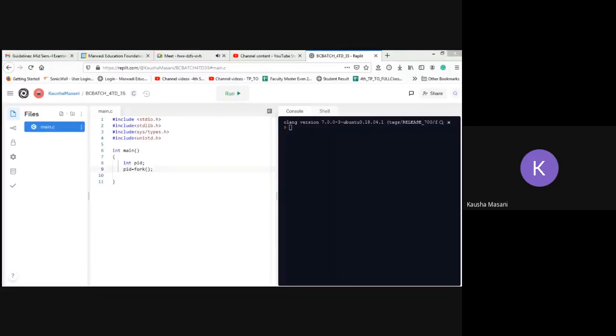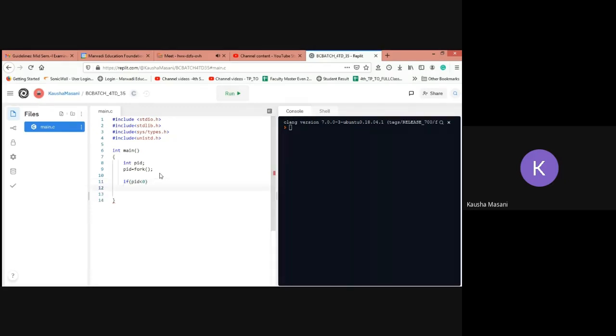Based on what we get as a return of this fork, we are going to write some if and else conditions. So if my pid is less than 0, suppose I am getting some negative integer as a return value from fork, and that value is getting saved in pid.